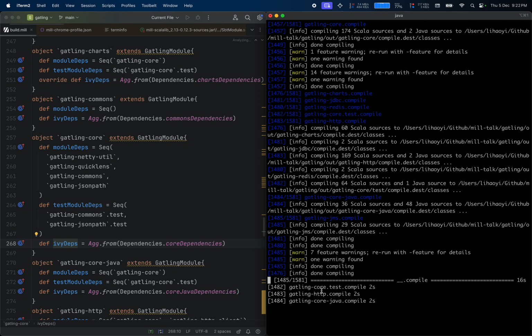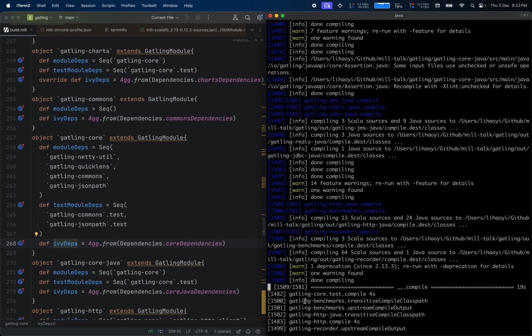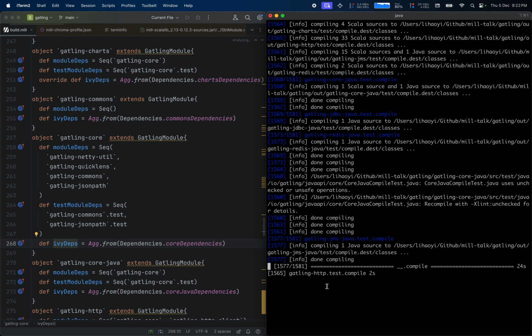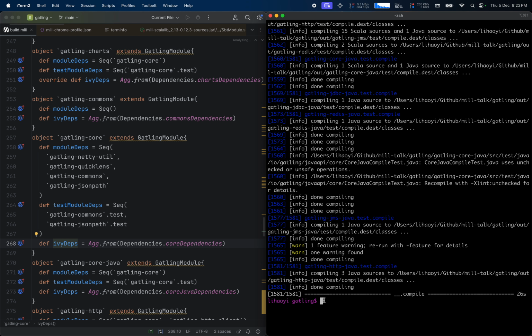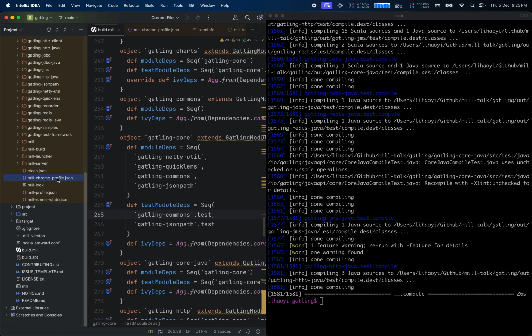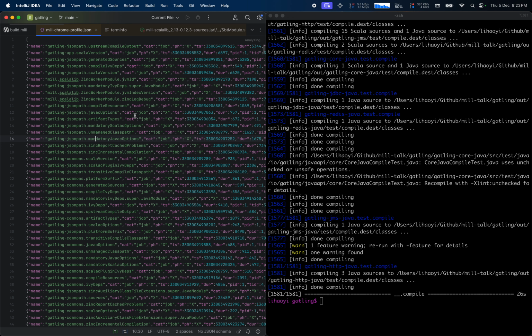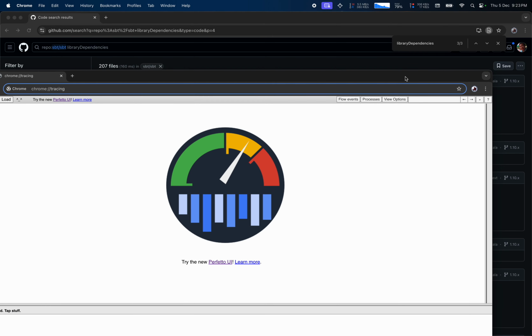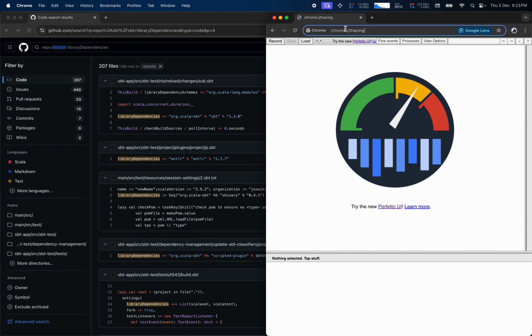After Gatling core compile finishes, it kicks off a bunch of downstream tasks, among them Gatling core test. Once Gatling core test finishes, you see even more tasks kick off. So just eyeballing this prompt, you can get some intuition of what's taking up your time, but it's often not enough, right? You really would need something more in order to make some actionable outcomes to improve your build experience. So what Mill provides in every single command is this Chrome profile. This is a JSON file that tells you exactly which task started when on what thread, and alone it is not very useful. Where it becomes useful is when you load it into the chrome://tracing UI that's built